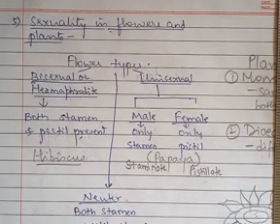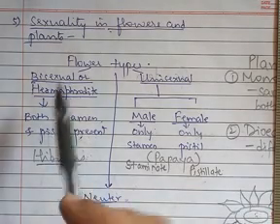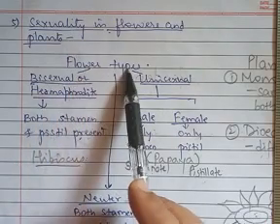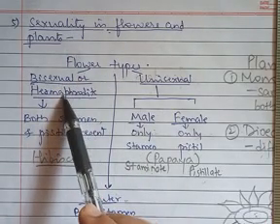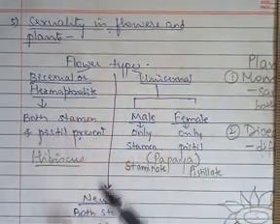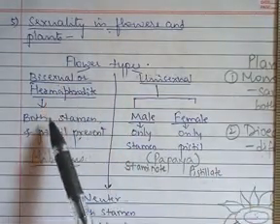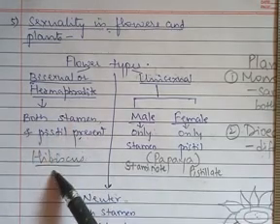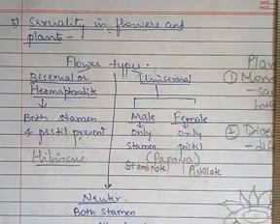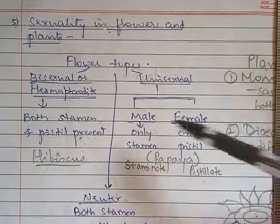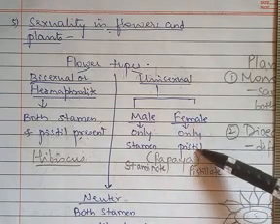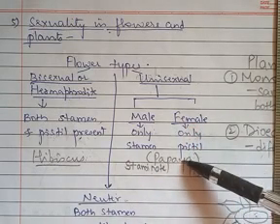Two more terms to be discussed regarding flowers. The first is sexuality in the flowers and in the plants. Basically, flowers are of three different types: bisexual or hermaphrodite flower, unisexual flower, and neuter flower. In a bisexual flower, both the stamen and the pistil, that is the male and the female reproductive organs, are present. An example is hibiscus. In a unisexual flower, only one particular sex organ is present. The flower may be a male flower which contains the stamens, or a female flower which contains the pistil. An example is papaya.